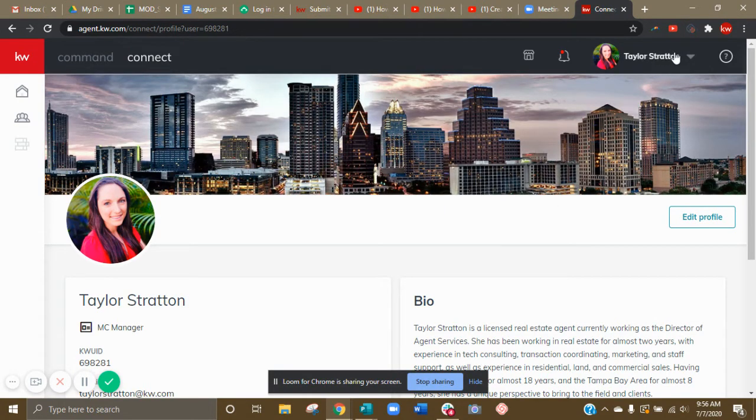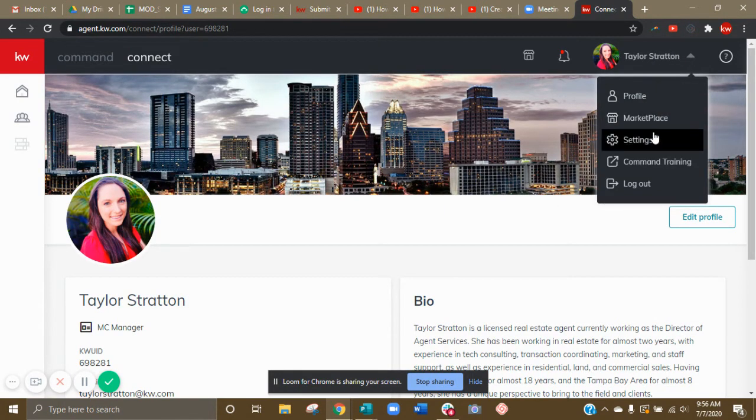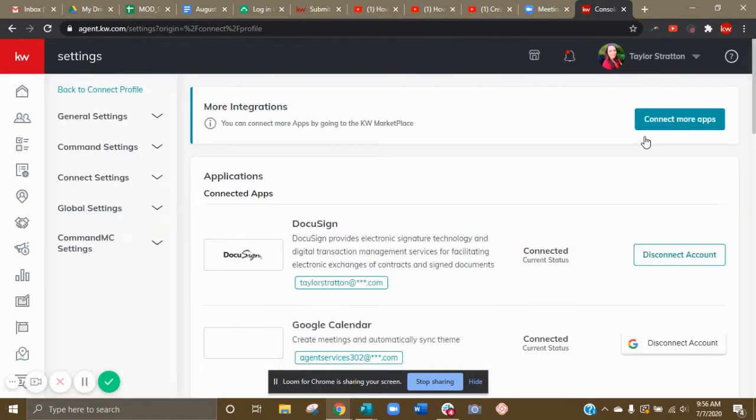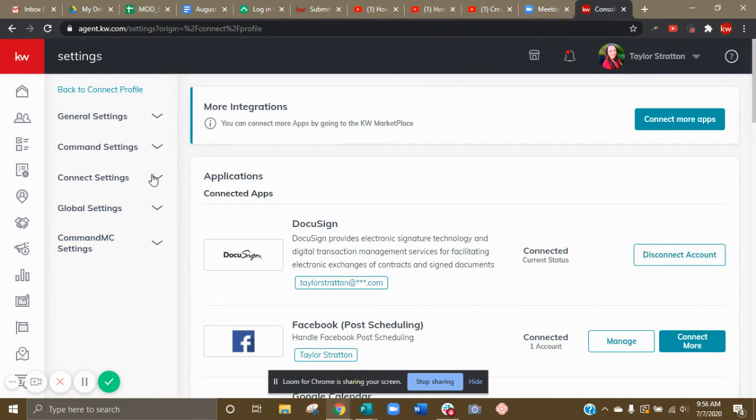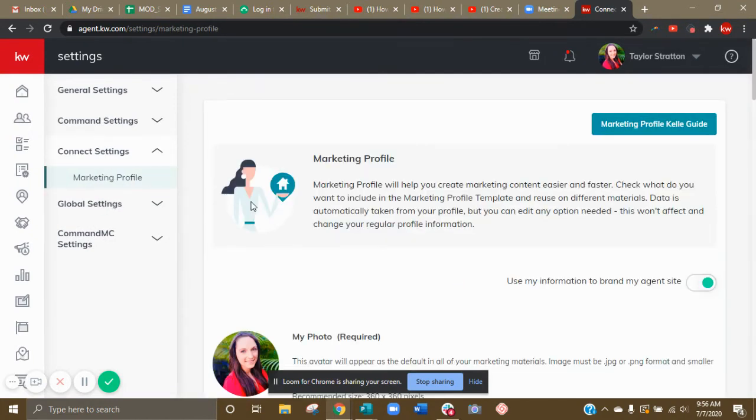The next profile, you're going to go back to the top here, and this time you're going to go to Settings. Once you're in Settings, you will go to the left where it says Connect Settings and click on Marketing Profile. One of the first things you're going to want to do is see one of these buttons again that we talked about. You're going to want to make sure this is turned on in green. This is not automatically turned on when you log into Command for the first time. So just go ahead and click that button and make sure that this